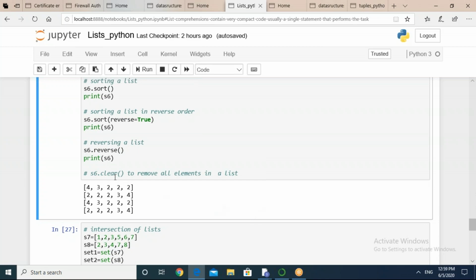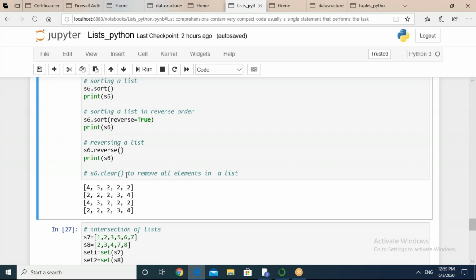Okay, so the last line in this block is S6.clear with parentheses. You can see that this command is basically to clear all the items in the list. At any point of time, if you feel like making the list blank or removing all the items, you can do it through S6.clear, that is, the name of the list dot clear method. But use it carefully. Again, I remind you of the difference between the clear operation and deletion.